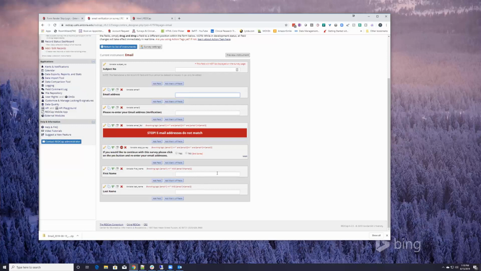There's no way, Ferd asked if you could actually stop the progress of the survey if the email addresses don't match. But you can't stop the possibility for saving your survey. So